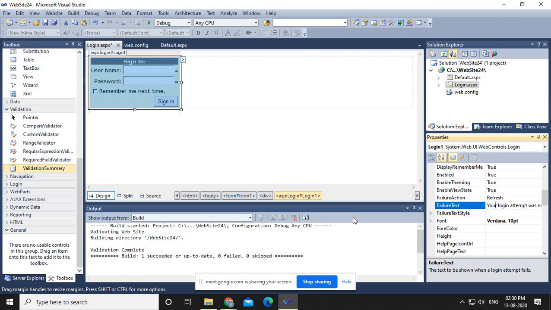So the control is not actually binding you in a limited boundary, right? Here you have full freedom, so that you can customize the control your own way. You can change the background color, you can change the validation tags, you can change this login and sign in and all that, right? So everything is available here. You just need to go through its properties.